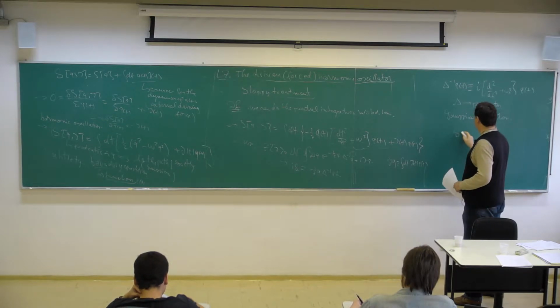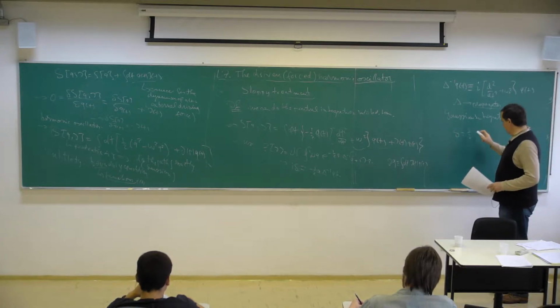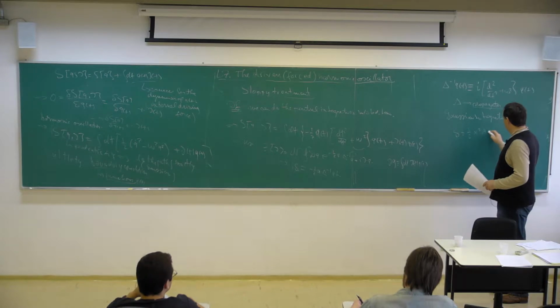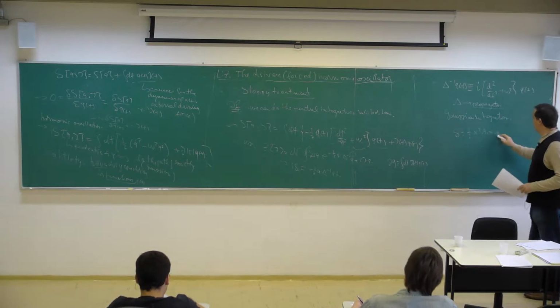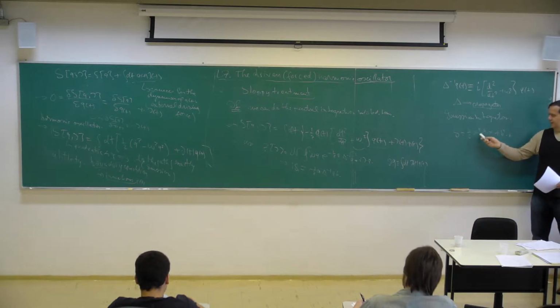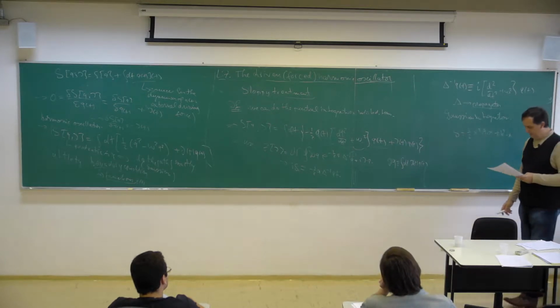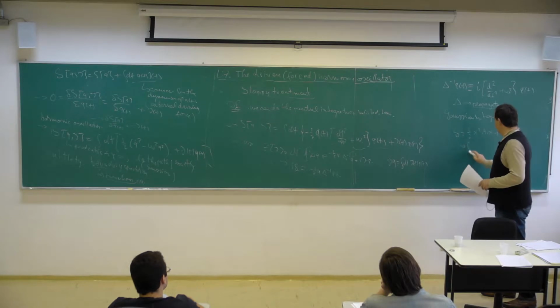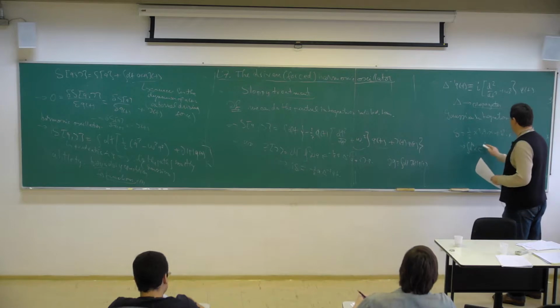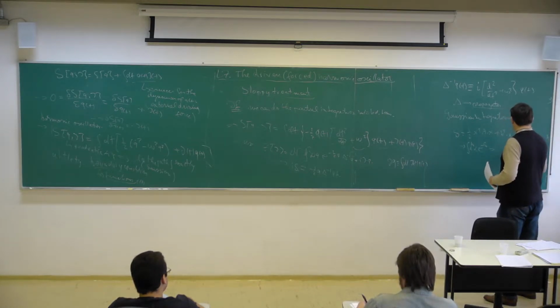So we wrote the general Gaussian integration for an action of this type: one half a vector times a matrix times a vector, plus a vector times a vector. And then we saw that this Gaussian integration led to